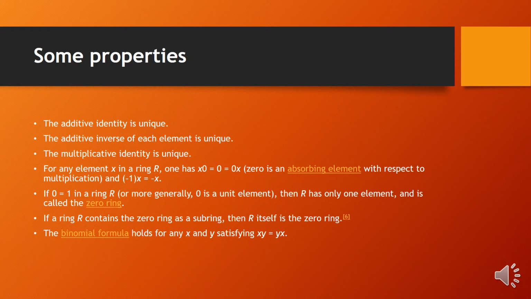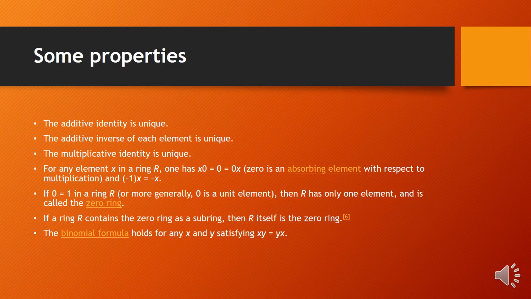We have some properties of rings. First, the additive identity is unique. Second, the additive inverse of each element is unique. Another, the multiplicative identity is unique. And for any element x in a ring R, we have x × 0 = 0 = 0 × x. 0 is an absorbing element with respect to multiplication, and